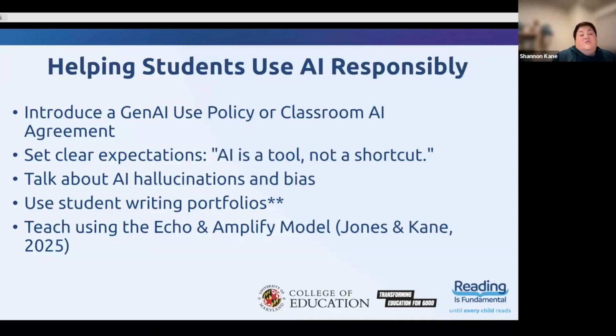This idea of using student writing portfolios may sound very, very strange. But here is where I think you can actually have students see their sort of growth and use of it. And so, what I mean by that is students, in their writing portfolios, keep and maintain different writing samples that document their growth or a piece they want to keep. But they should keep their AI pieces as well, where AI has played a role. And so they can see their growth and impact over time, right?